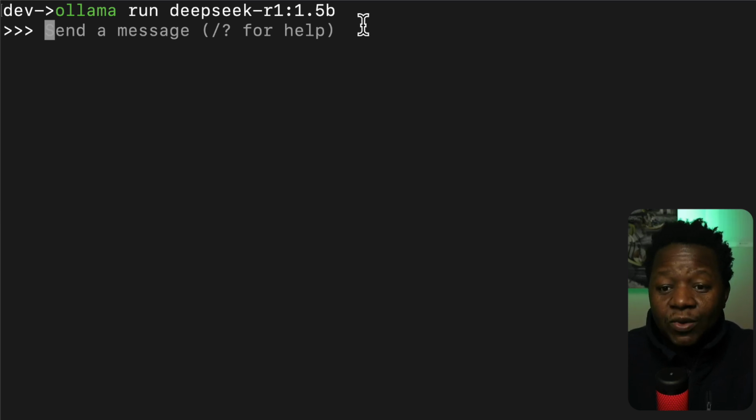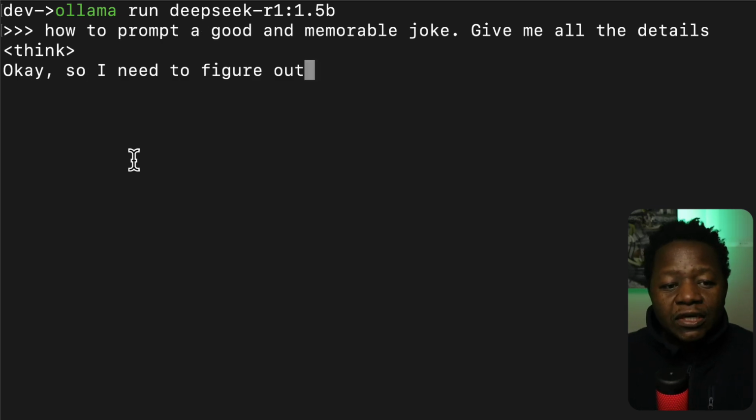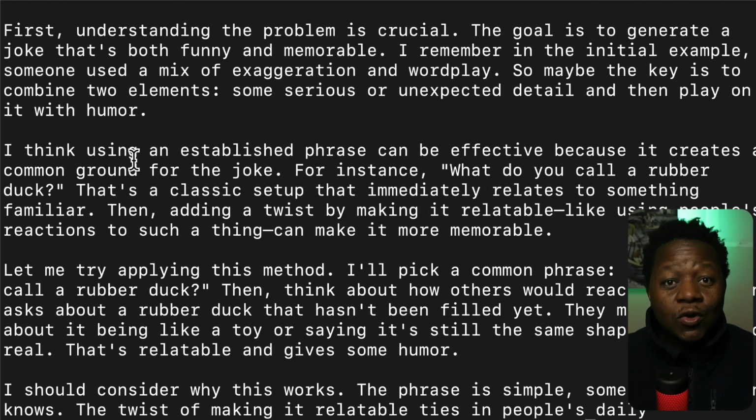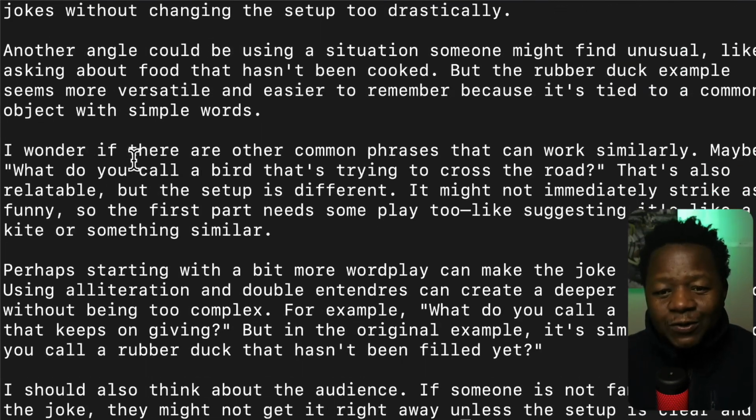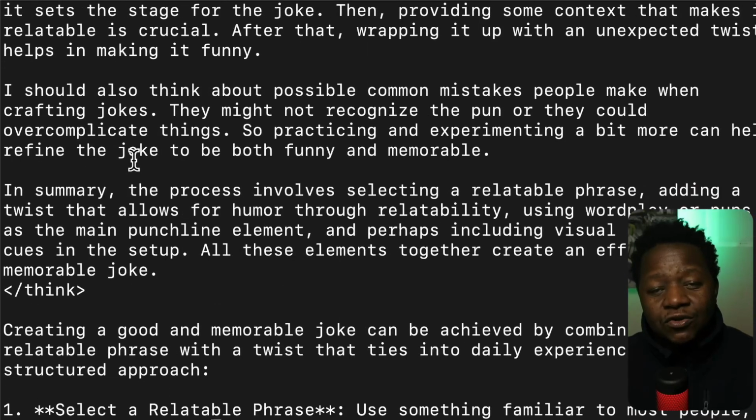Okay, assuming you have Ollama installed and it's running locally. At this point, you see that we have this shell where we can interact with this model. So I can ask the same question. Okay, hit enter. It's going to go through. It's using our local R1 model. How cool is that?